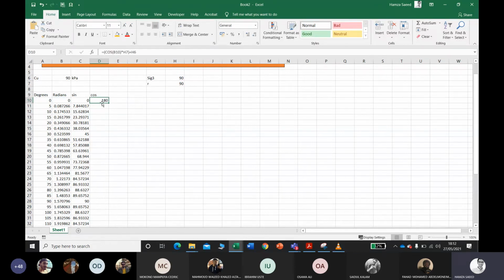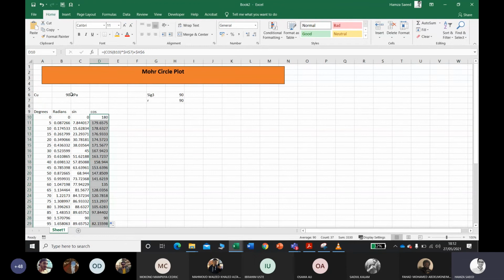And drag it down to the last, sorry, I need to fix it. So fix the R and sigma 3 values by placing the dollar sign, and click OK, and that's it. Is it okay, guys?